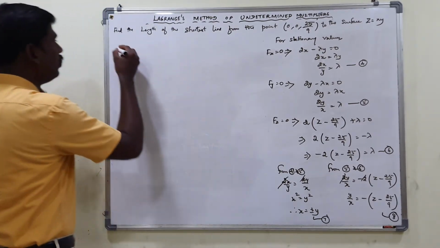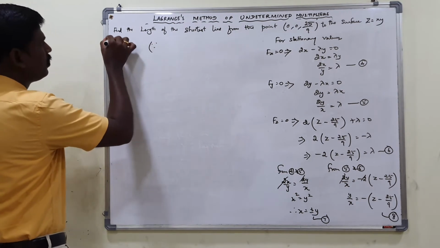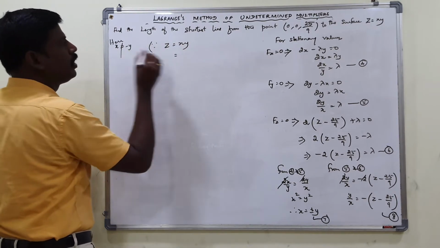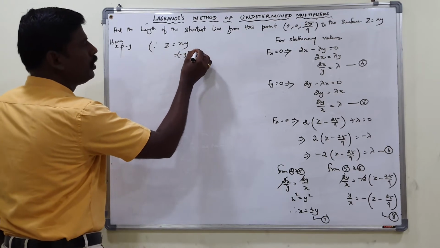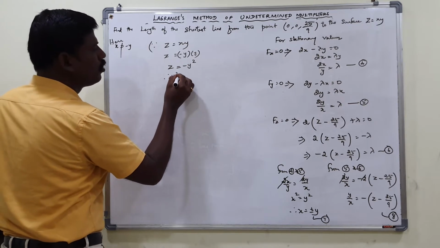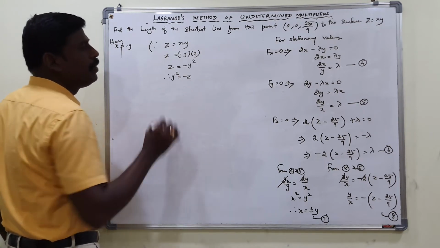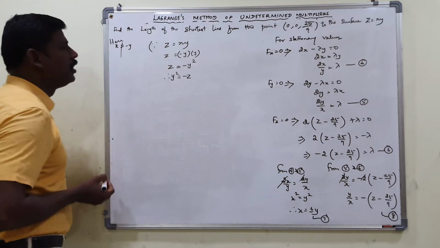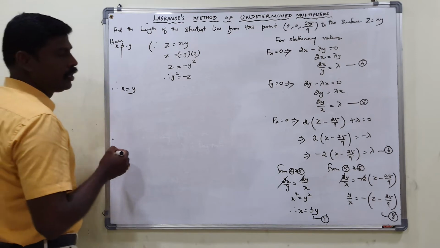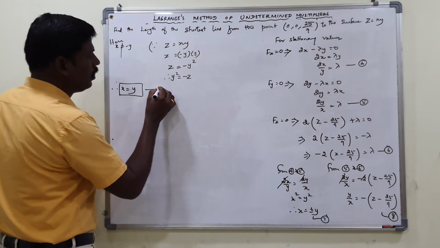Right? Here x is not equal to minus y since z equal to xy, isn't it? Suppose x is equal to minus y, means minus y into y equal to z. So z equal to what? Minus y square. Therefore y square is equal to what? Minus z, isn't it? Square of a number need not be negative, isn't it? So that's why x is not equal to minus y. Right? Therefore, x is equal to what? y alone. Therefore, x equal to y. This is equation number 9.